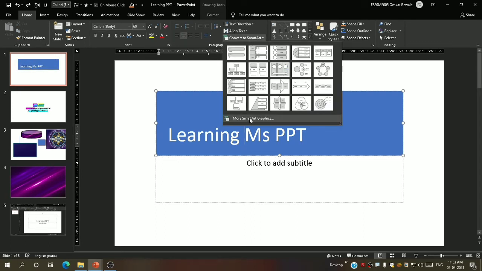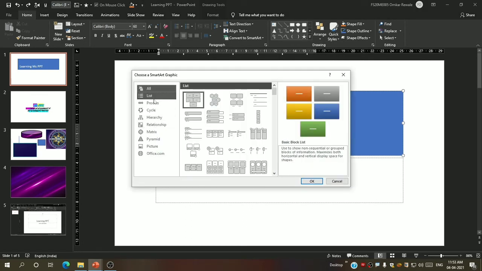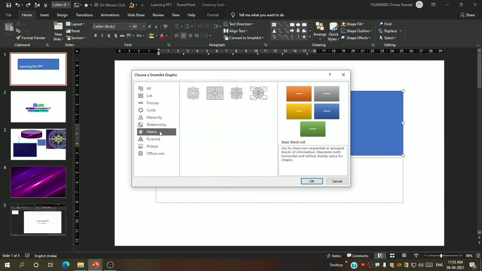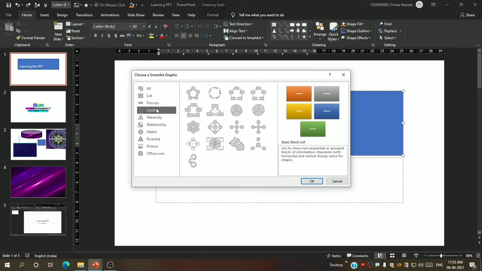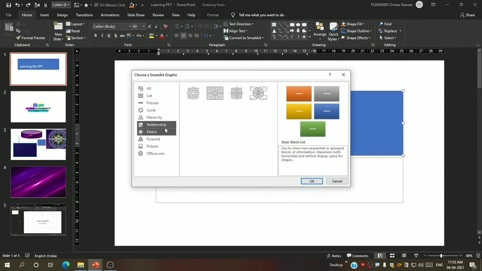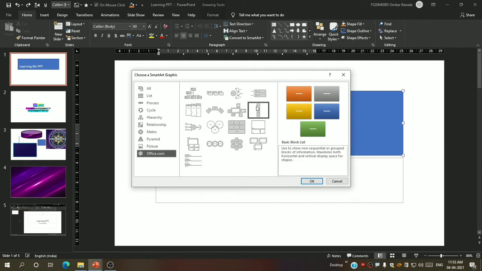Some more SmartArts from here, more SmartArt graphics. Now this has been categorized according to your need. See, cycle, process, list, pyramid, matrix, relationship, pictures. So in the pictures you can include any, and you can add the pictures. Office.com.